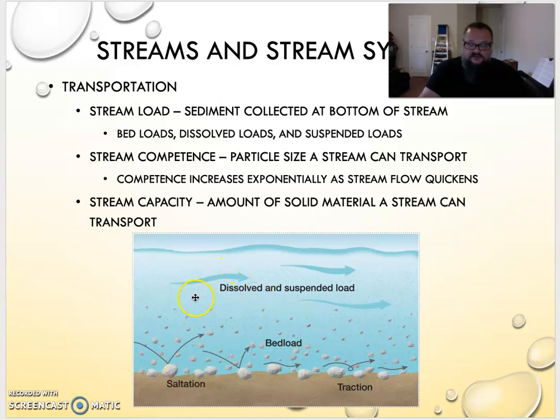Things can either be suspended, right? They could just float along, or things can bounce along the bottom, and this movement or this process is called saltation. When you have a medium-sized rock at the bottom of a stream, it's too heavy to just float down the stream, but it's not so heavy that it can't bounce along the bottom, and that bouncing could happen as another rock comes along and bounces along behind it and knocks it up in the air, or even just the shape of it, of water pushing it up, and it floats for a minute and then comes back down,